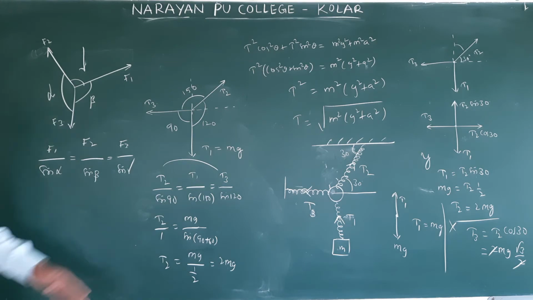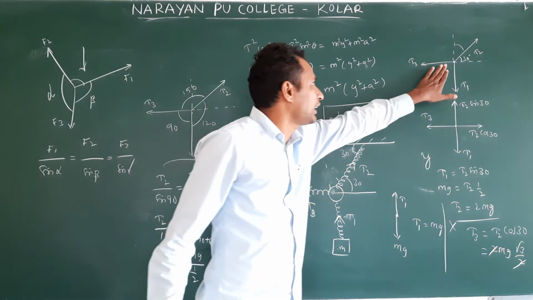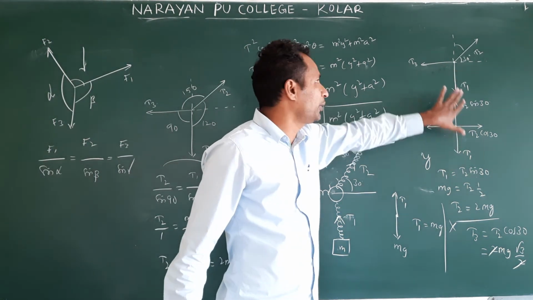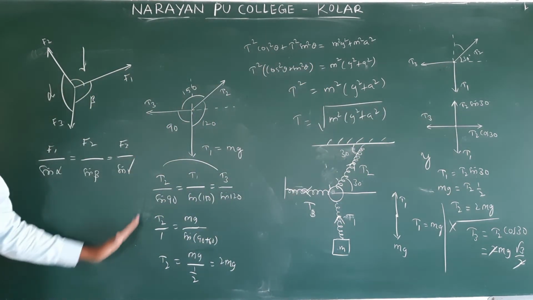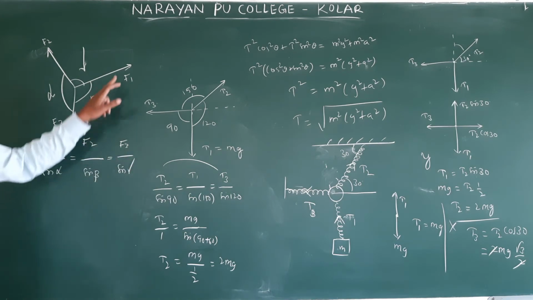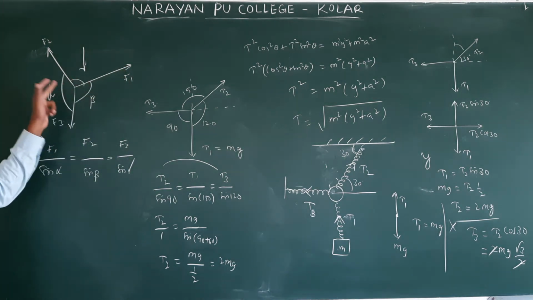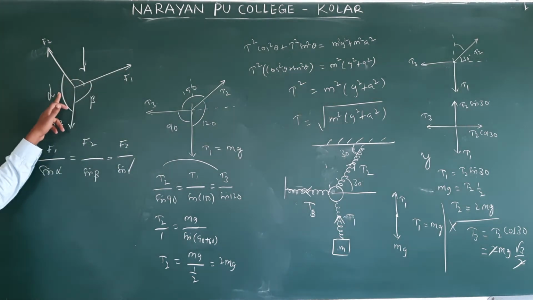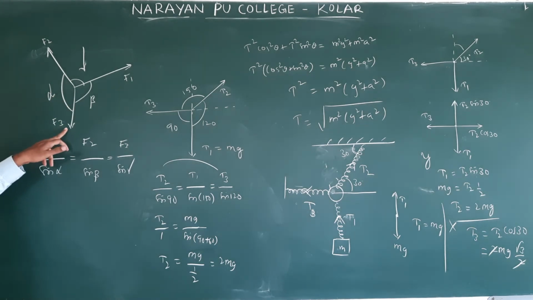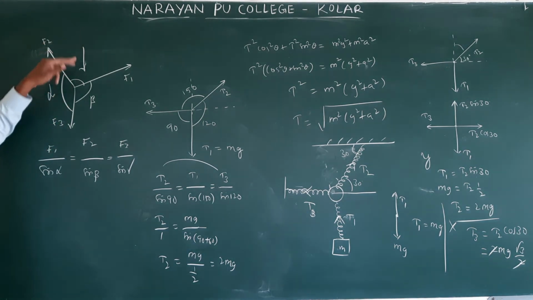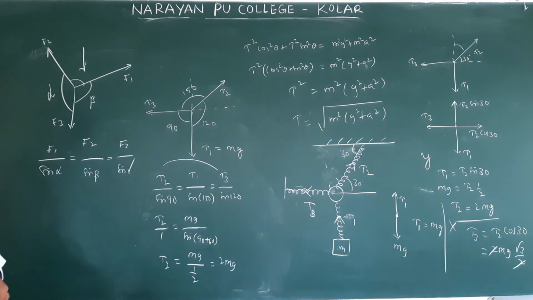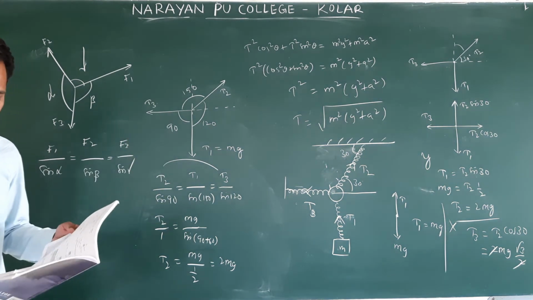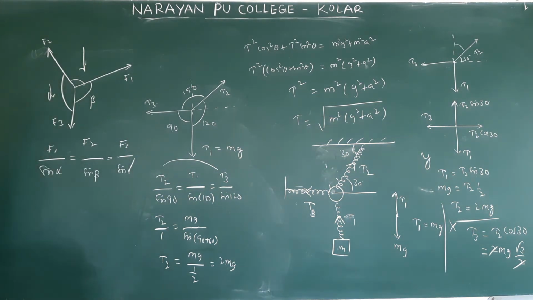Okay? So whenever we find a question like this, not exactly this problem, when forces are acting with different angles, then it is better you follow the sine law. How do you follow? If you take this force, take the opposite angle, force by sine of this angle. If you consider this force by sine of this angle, like that. Equate, and we will get the answers. So try to use this formula. Another name for this is Lami's theorem. Okay, we will see another problem.